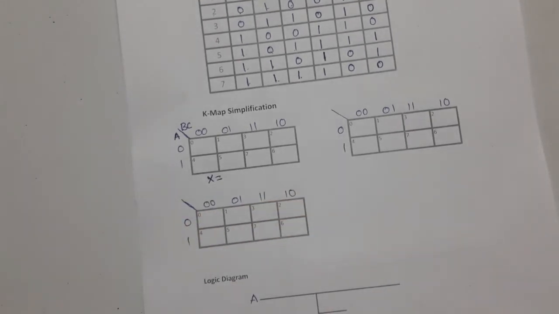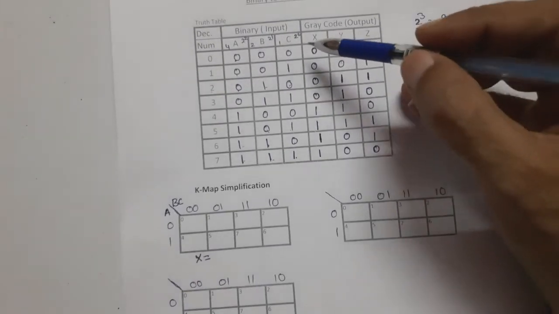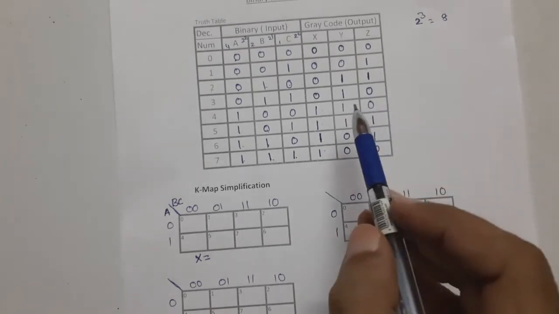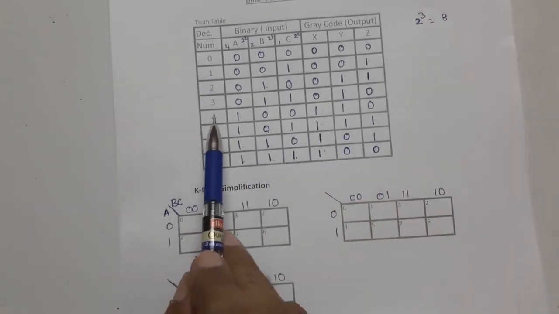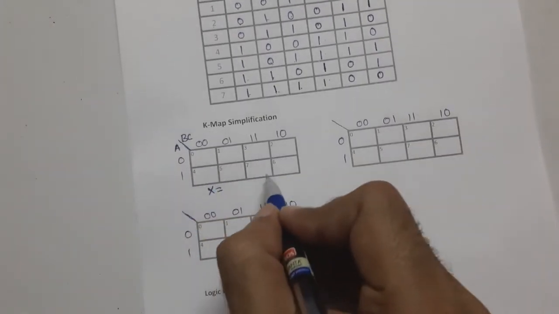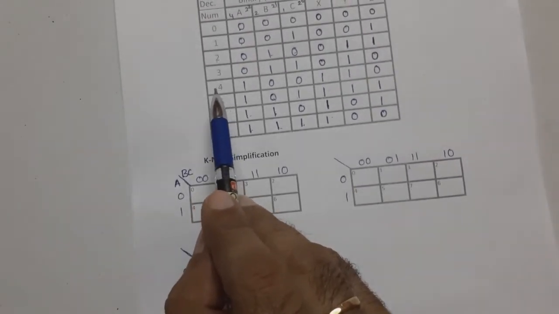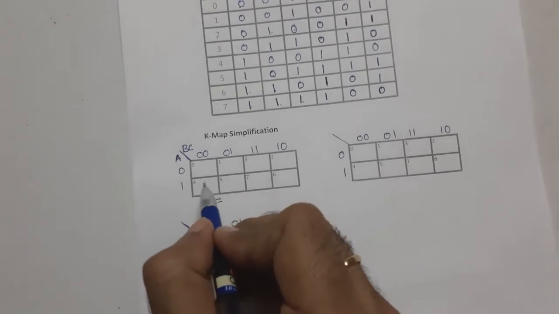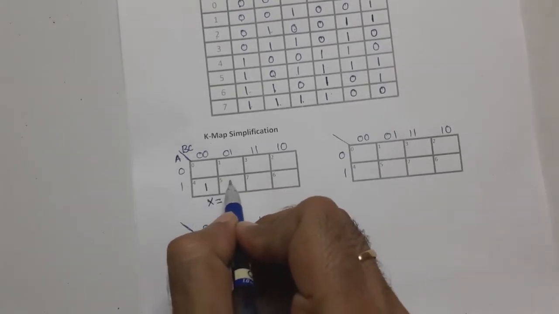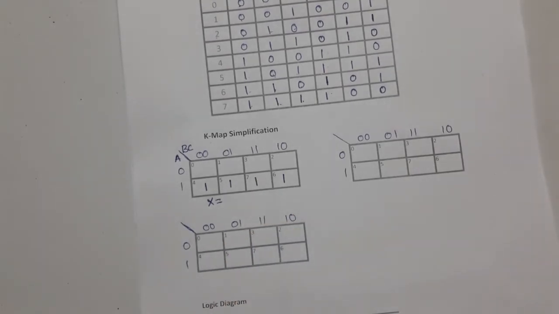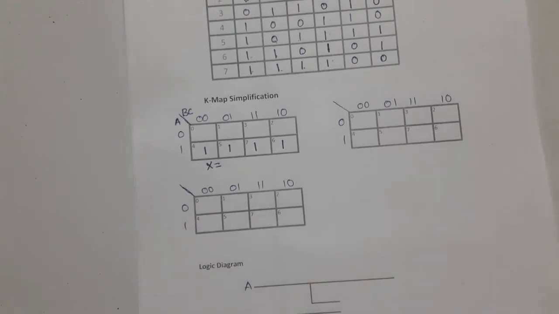To write this K-map for X, here in this truth table, observe the positions of ones. Now here you have the ones. Now what are the corresponding decimal numbers? Say 4, 5, 6 and 7. Now in this table, mark ones at these numbers. Say 4 is 1, 5 is 1, 6 is 1, 7 is 1. Now the next step is grouping.